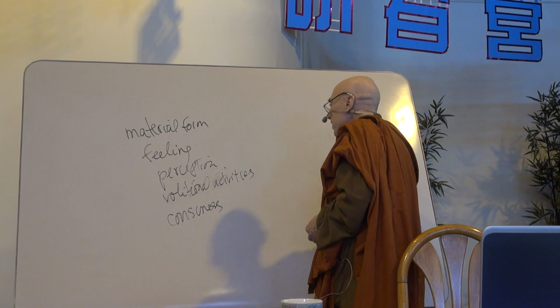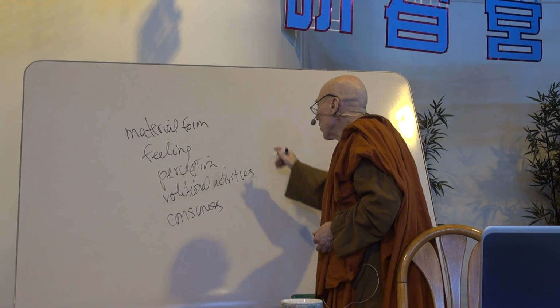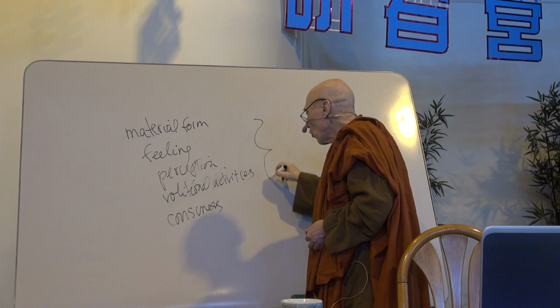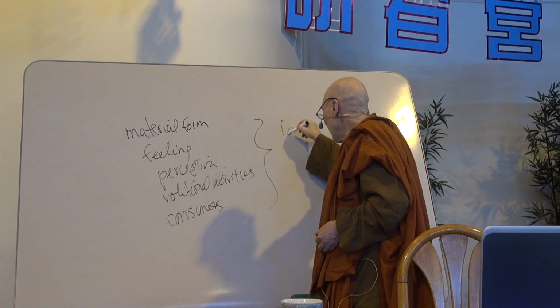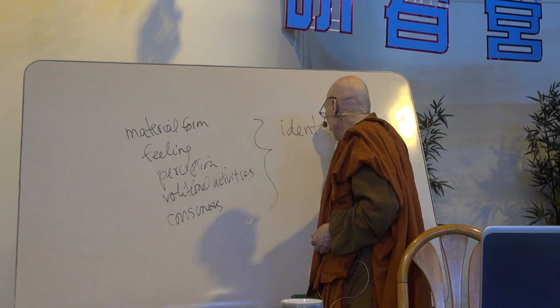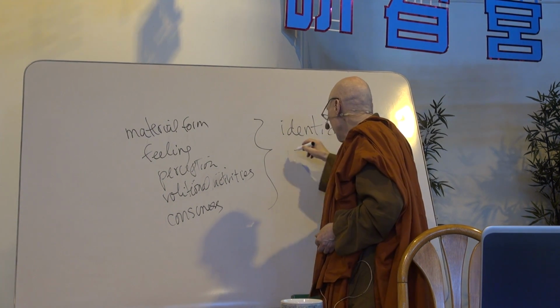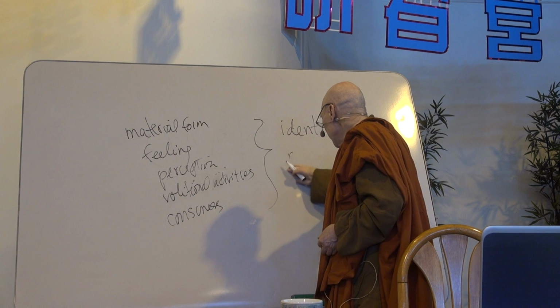And then in regard to these five aggregates, there are four possibilities, four ways of relating the self to them. Identical, as the owner,